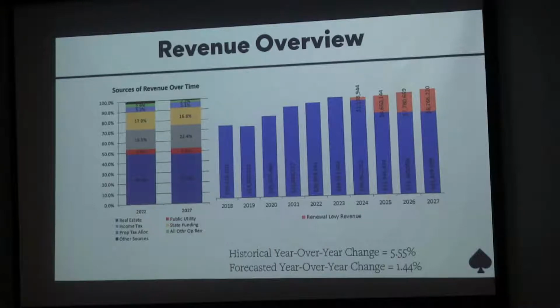It's currently at about 20% of our total operating revenue, and that's expected to increase to about 22% by the end of this forecast, and that does include it being renewed. This is obviously a scenario of the renewal of the existing rate. So obviously, if it were to not be renewed in '27, it would drop down to almost zero. We would just be collecting basically late payments at that point.